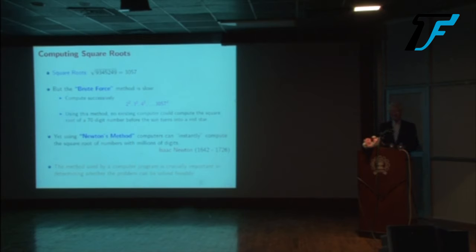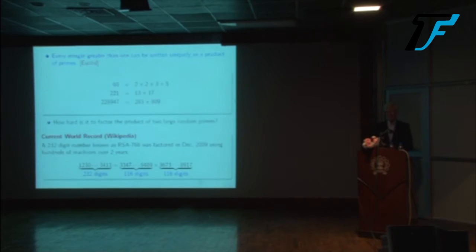The best is probably due to Isaac Newton, where it's extremely efficient. So the point is, the method used by computers is crucially important if we want to solve it efficiently. And the most obvious method is certainly not the one that is going to be efficient. So another good example is